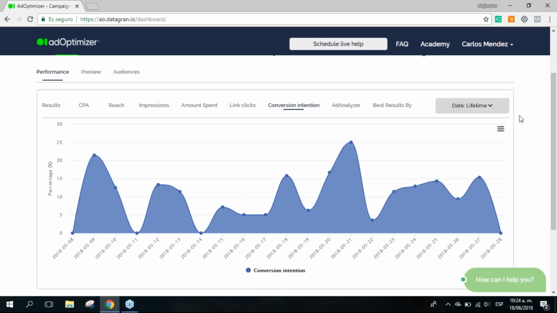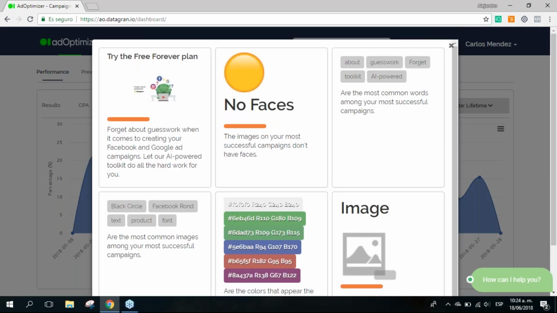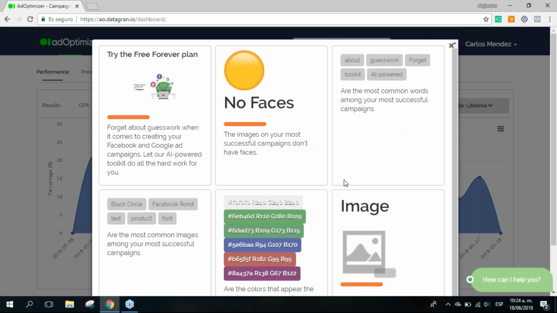But this will be a feature that will be available soon. And then I want to show you what the ad analyzer looks like, which is probably one of our most interesting features. So right now, I know this might seem a little confusing, just 6 squares, and you're wondering what